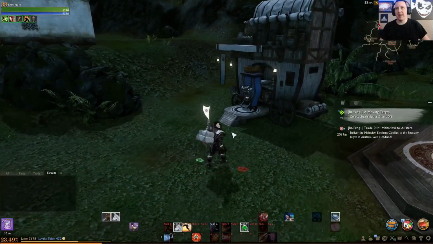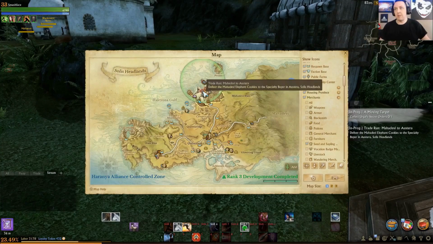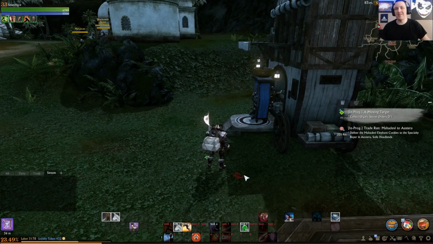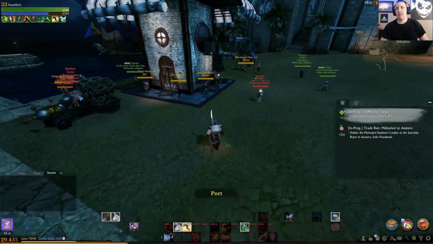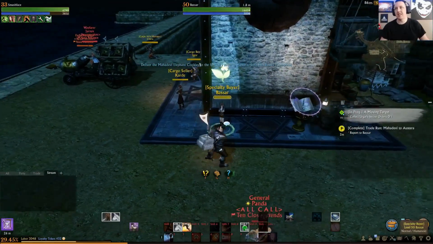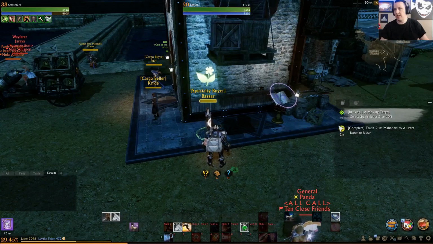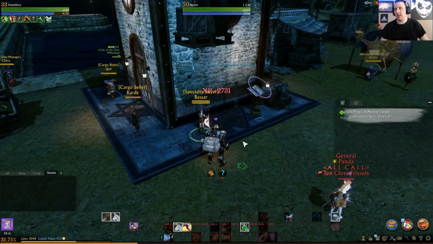Now, do I really feel like going from here to up here in another zone at 4 meters a second? No, I don't. So I'm going to catch a ride, and I will see you at the port. Alrighty, and through the miracles of a friend with a car, I bring myself into Ostera, and I'm going to go ahead and sell this pack to Basar. And when I do that, it's going to give me...